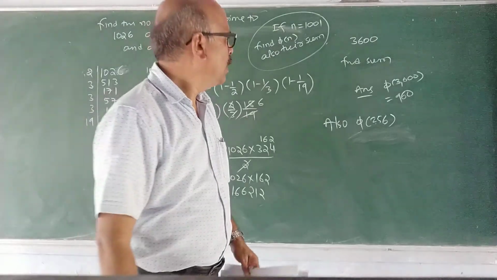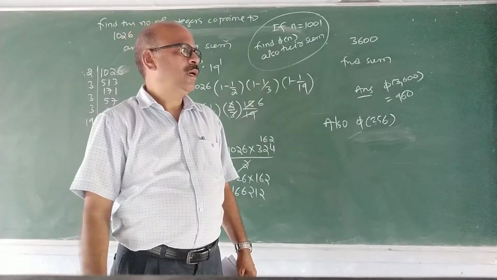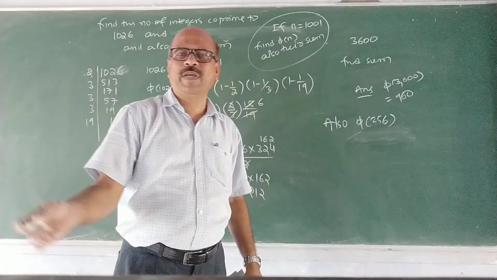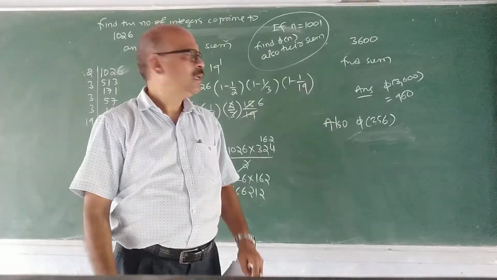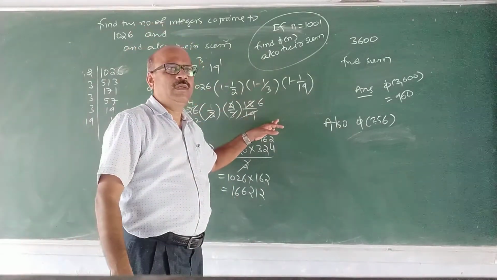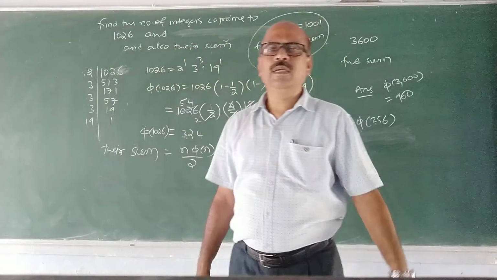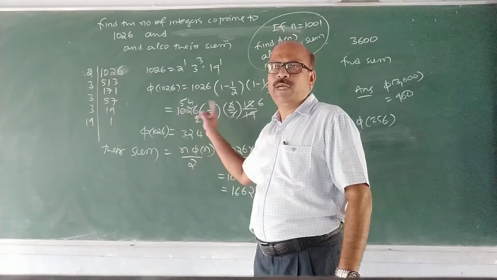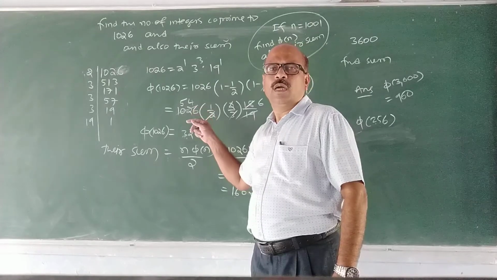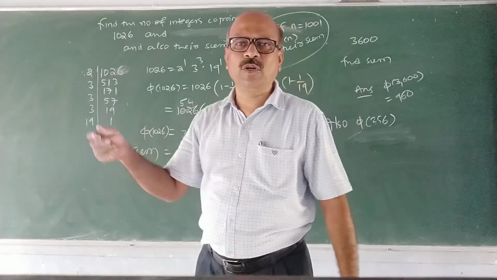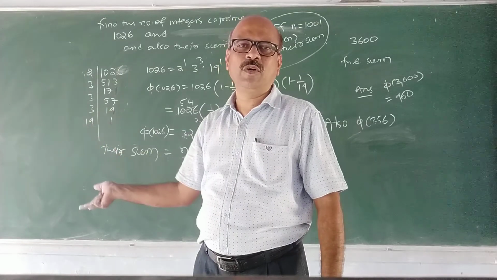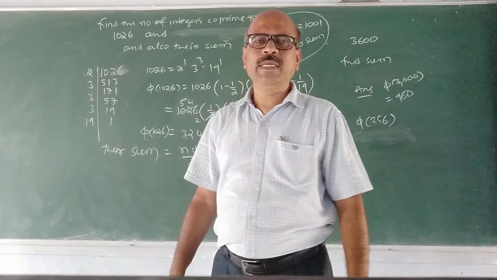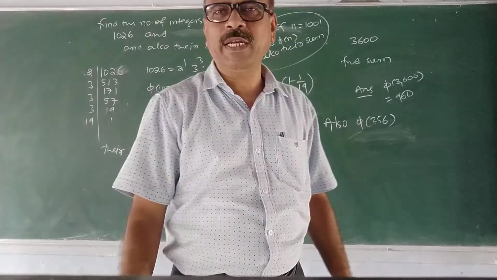Important questions from these topics are: define Euler's phi function and prove that pi of mn is pi of m into pi of n if m and n are relatively prime, and some problems on this. Find pi of n and their sum. 5 marks usually one theorem is asked every year. Pi of mn is pi of m into pi of n, or pi of n is n into 1 minus 1 upon p1, 1 minus 1 upon p2 and so on, 1 minus 1 upon pr. That theorem is asked. 2 theorems and next problems. I think from this number theory is completed. Next